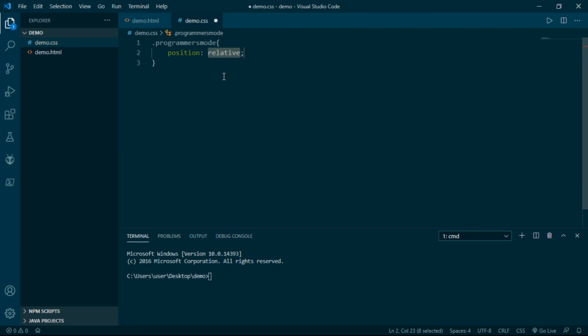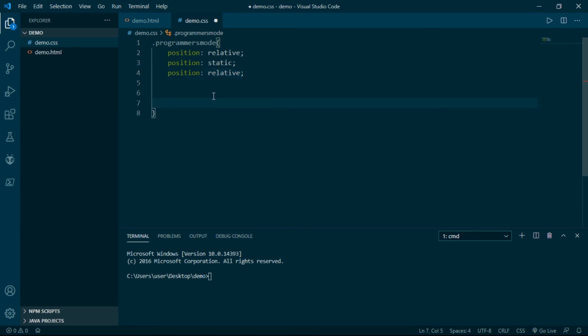Why only relative? There are more, like static, absolute. So relative is the default one. Suppose I have to assign some other position. So what I will do, I will simply write pos:s for static and hit enter. So here we can do like this and play around with it. For absolute, you can write pos:a. For fixed, you can write pos:f. And yes, for relative also, as it is default, it is not required to specify that, but we can do that as well. pos:r and hit enter. So here it will give us relative.